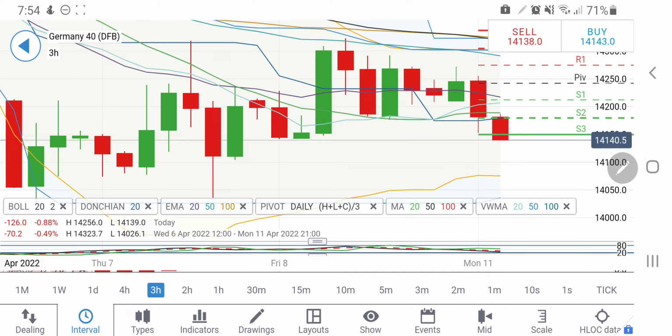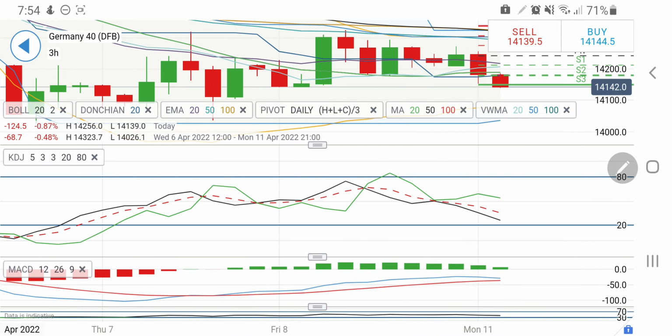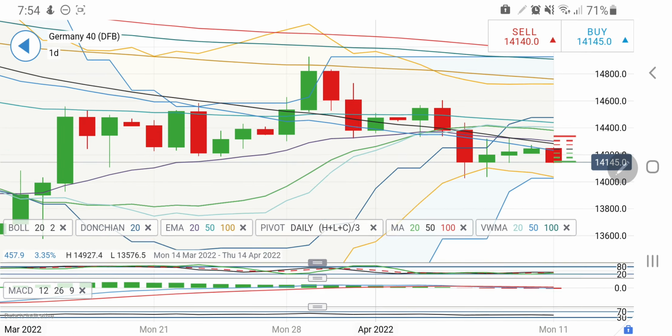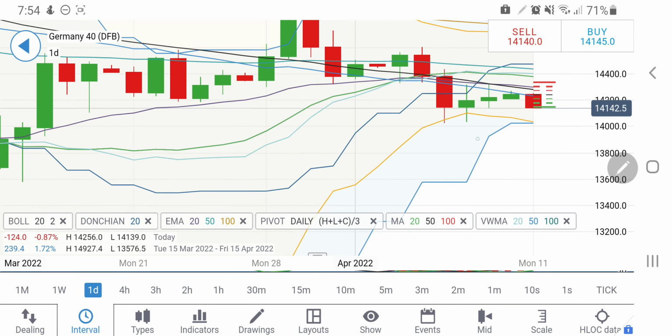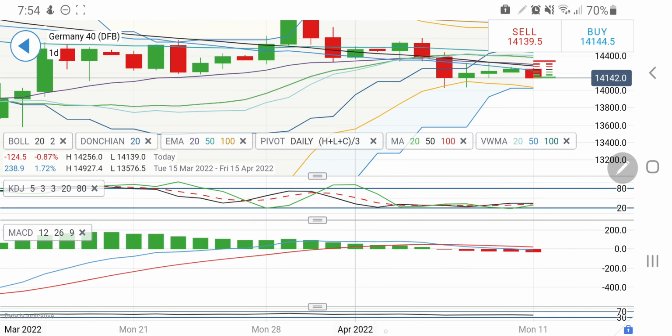If it breaks 14300, nothing like that, close your eyes, go long, it will sustain on the upside. On the 3-hour charts, stochastic is looking downwards, MACD is trying to converge. Now coming back to the daily charts on Germany 40 again, it is breaking out and we may see a sharper red candle on Germany 40. However, the stochastic is oversold, so probably a couple of red candles it can sustain, where the next support at 14,000 and 13,900 should come into picture.